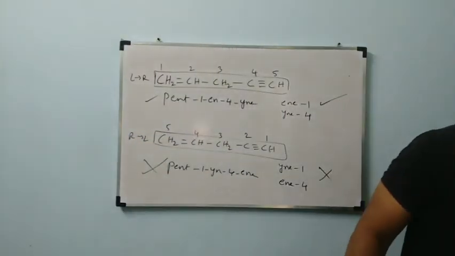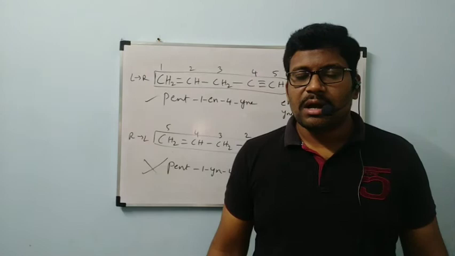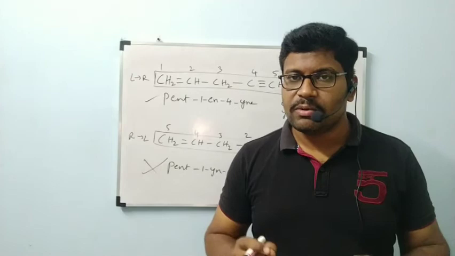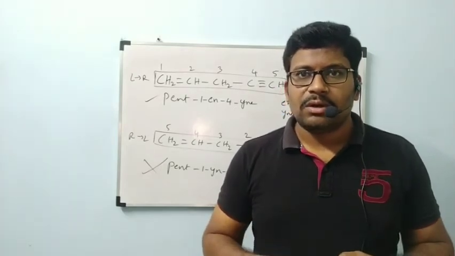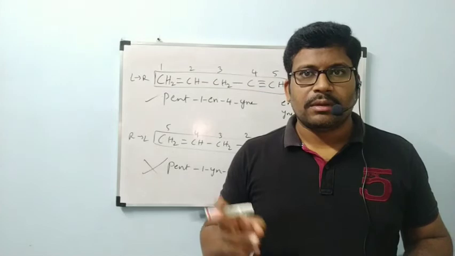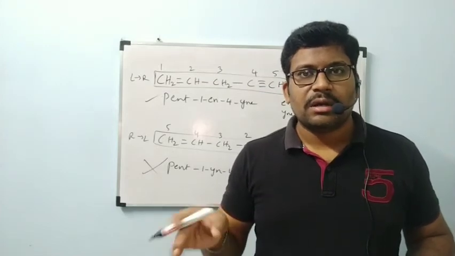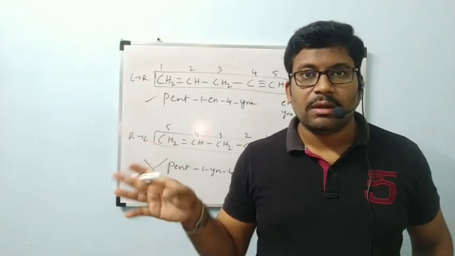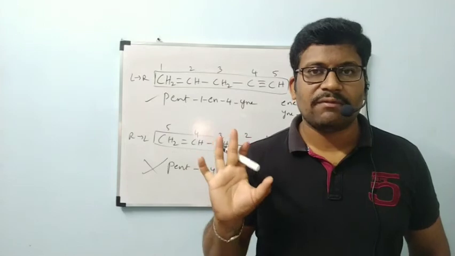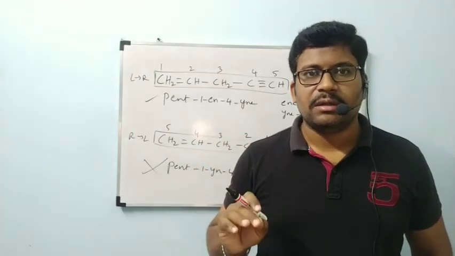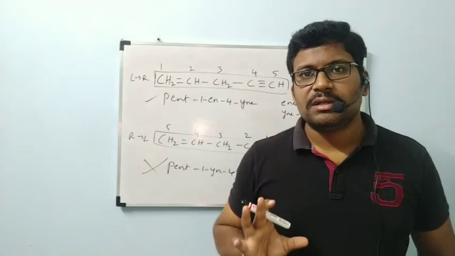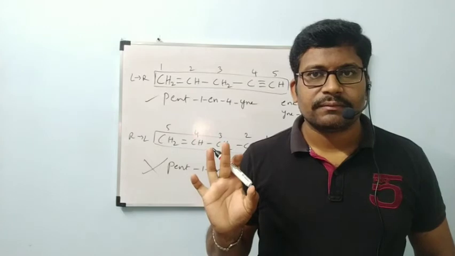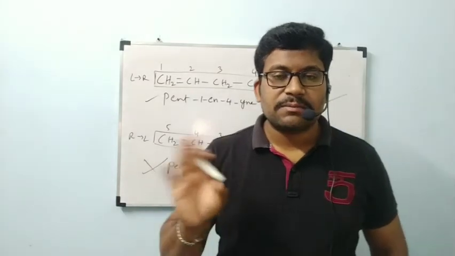Now, this is about today's class. In today's class, or by conclusion of yesterday's class and this class, I can tell one conclusion point: when we have two side chains at different positions, least number is the rule. Whichever is getting the least number, we follow that. If you get the same position, we follow alphabetical order. Next, when we have one side chain and one substituent, the substituent is higher priority and must get the least number. That is simple, because both are not equally important.